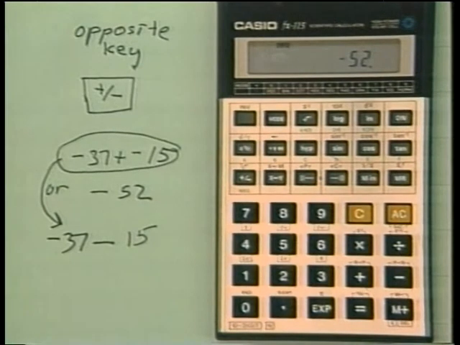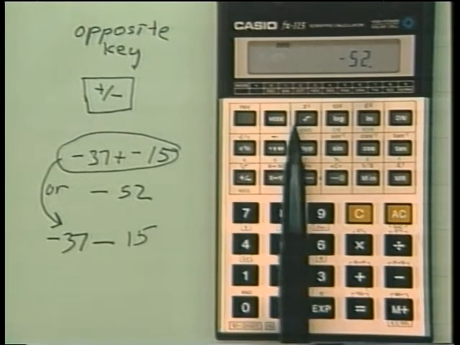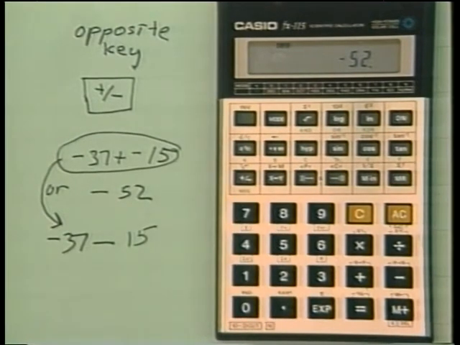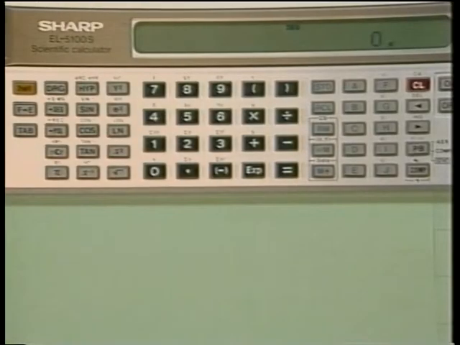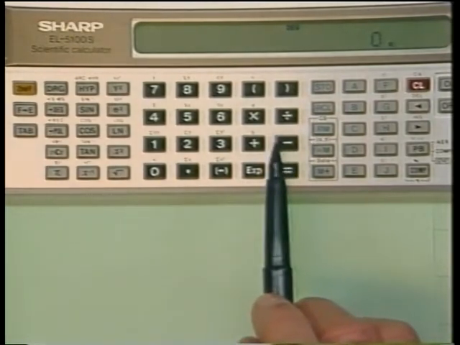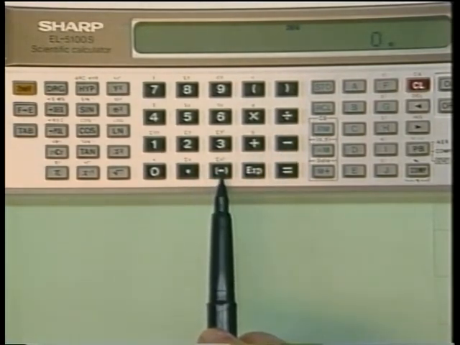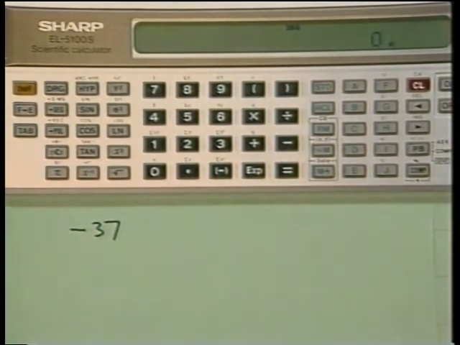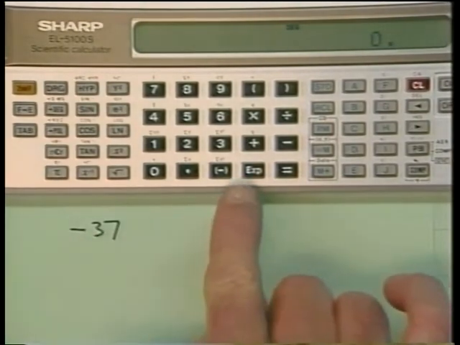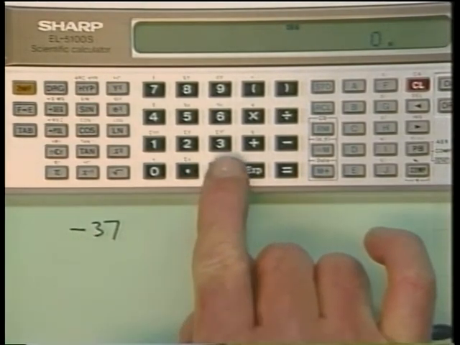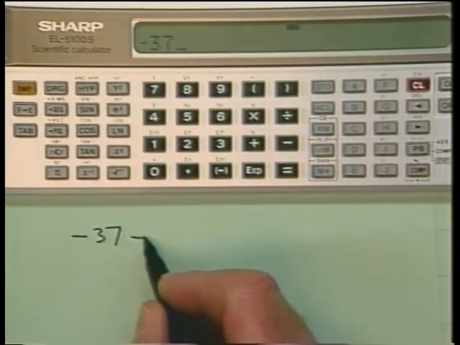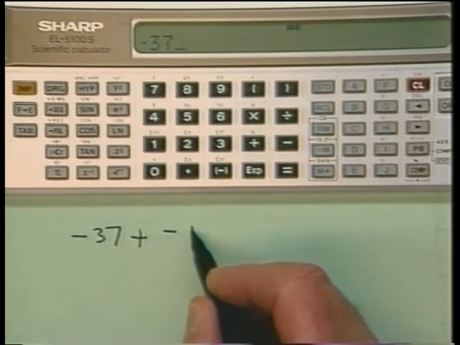Most calculators that you will purchase will have a change sign key. Some calculators, a little bit more expensive and a little bit fancier, like this semi-programmable calculator, will not only have a subtraction key, but a negative key. So if I wanted to enter negative 37, rather than putting 37 in change signs, I can simply enter directly negative 37. Then if I wanted to add to that, let's say negative 19,